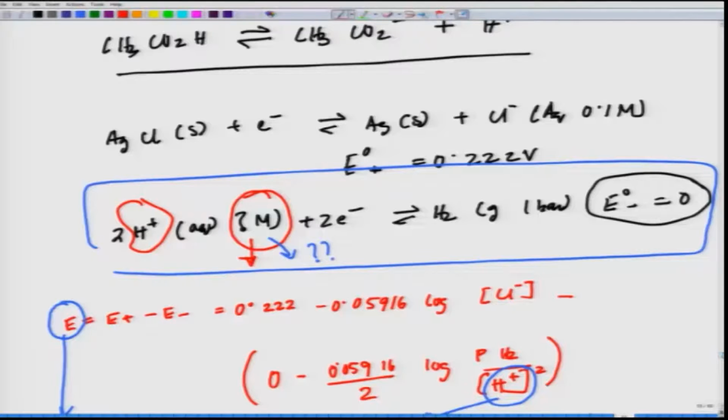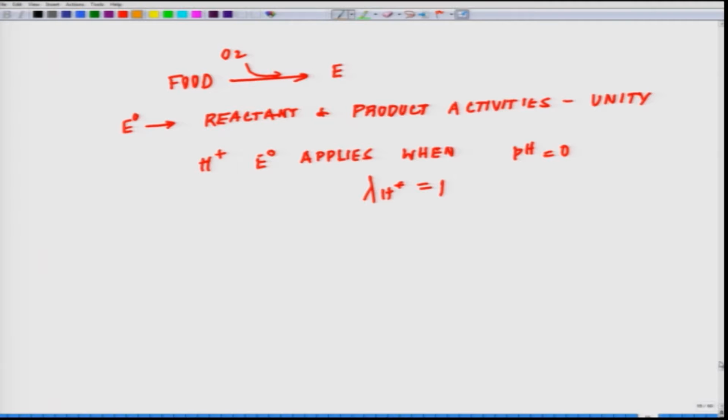But think of the last class, when we talked about a situation where one of the key contestants is this. As soon as you have H plus ions coming into play, the game changes, because it shifts the pH,